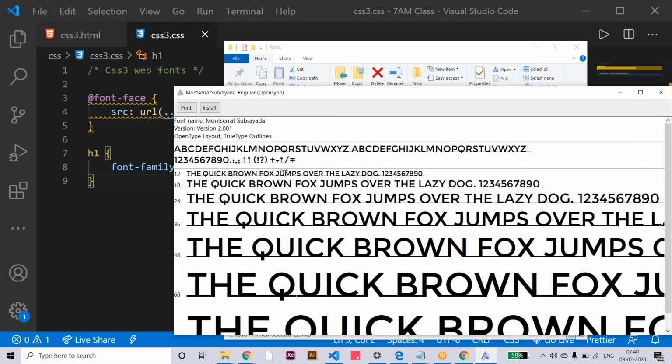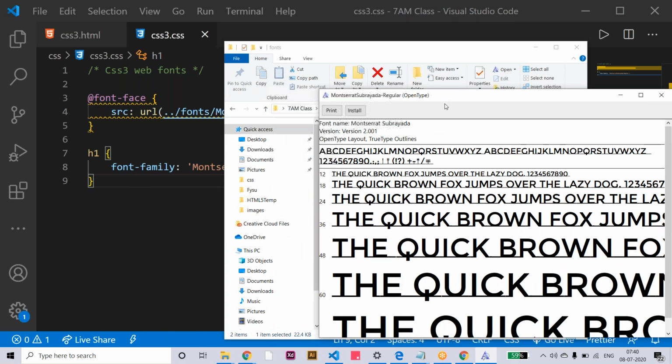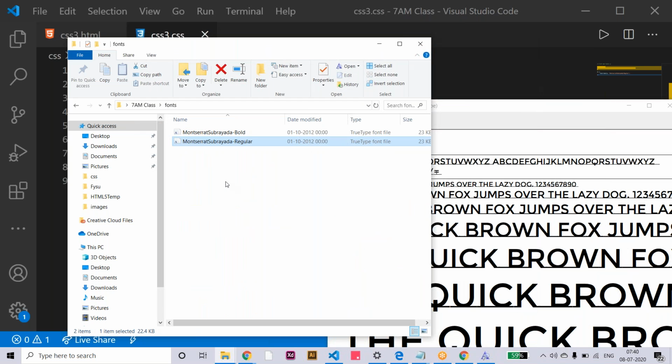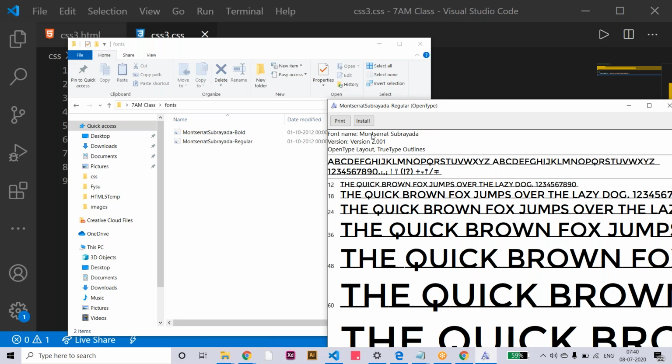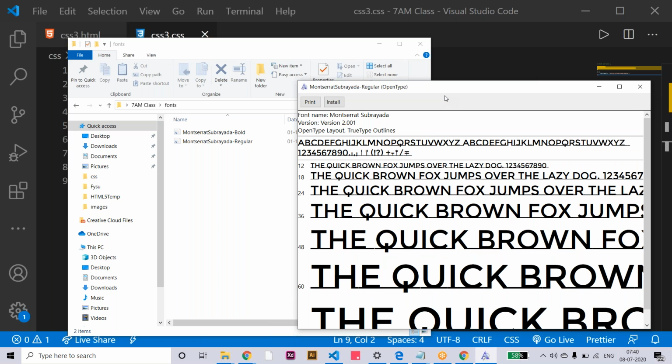Yeah. So here the font name should be correct. Actually, here I copied the file name, like bold and regular. This is the file name, not the font name. So the actual font name is this one. Here they said exactly the font name. So let me apply the font name,